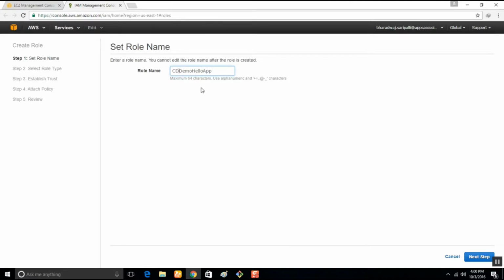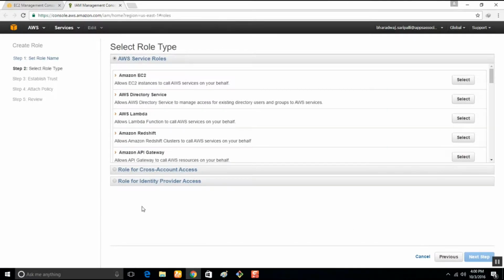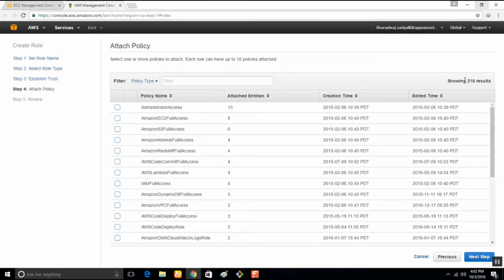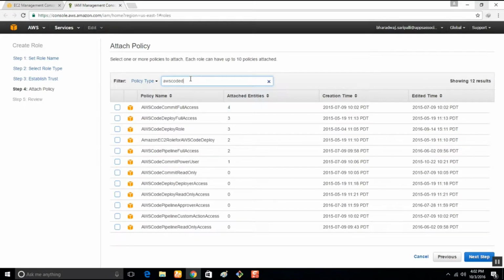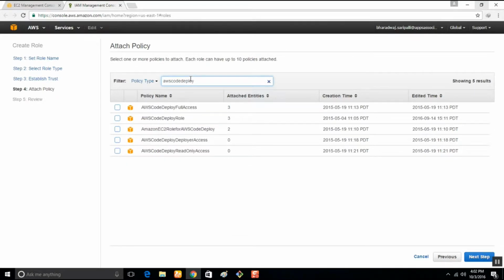CD demo hello app, click next. What kind of role do you need to give? For this we need to give EC2 and pick the CodeDeploy instance. Yes, it's this one, Amazon EC2 role for AWS CodeDeploy.